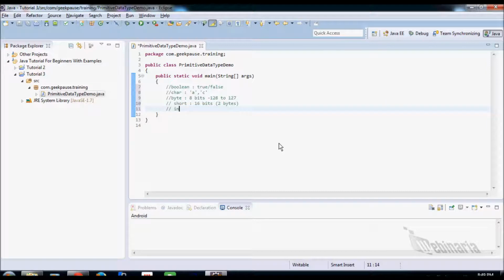Then there is a data type int. Int is double of short and it can store up to 32 bits, which is equal to 4 bytes. If you want even more capacity to store a number, you can use long, which is again double of int, which has a size of 64 bits, which is 8 bytes.